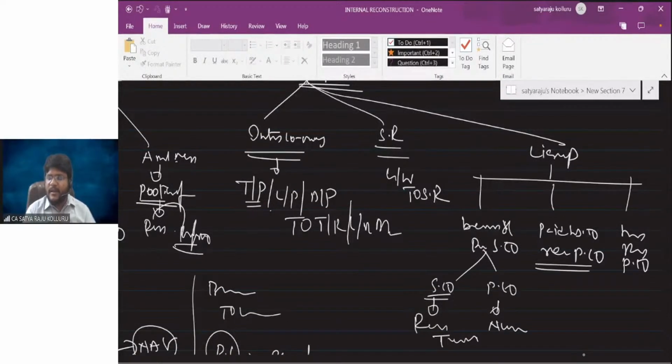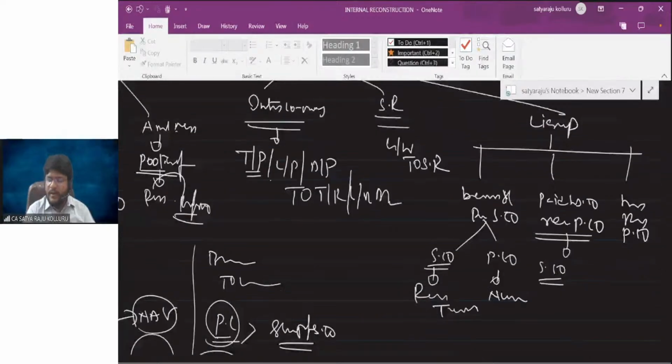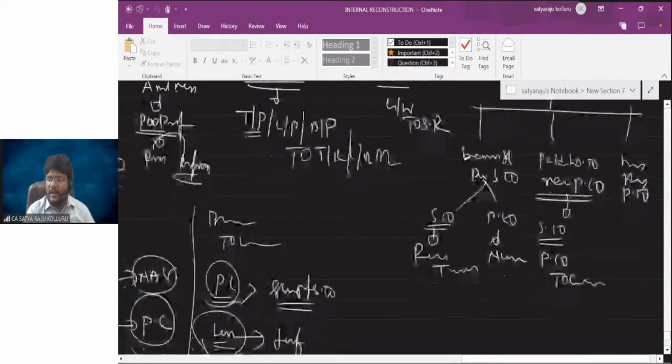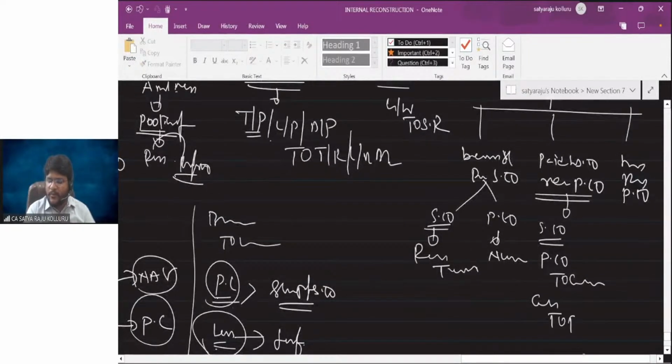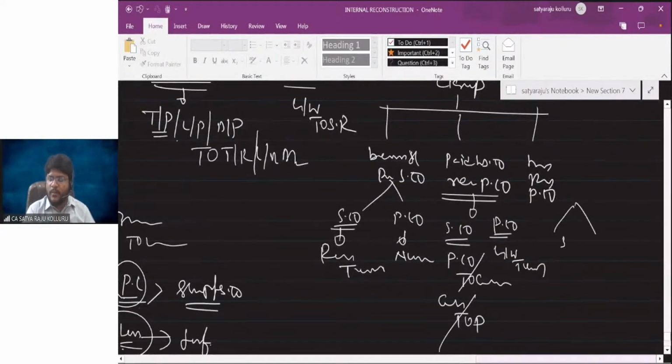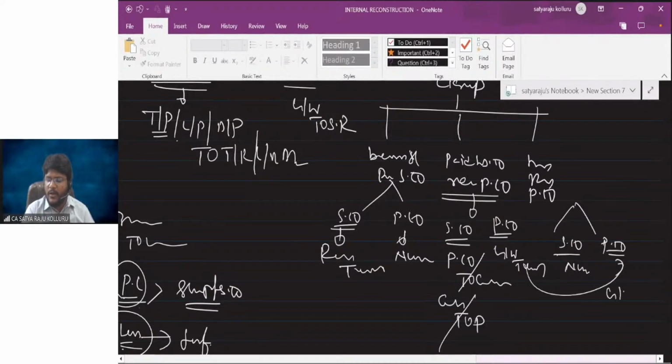Sir, paid by the selling company and reimbursed by the purchasing company means in the books of the selling company, first it will expect money from the purchasing company, that is, purchasing company to cash. Later at the time of receipt, cash to purchasing company. That's why both nullify each other, no need to write. Then in the books of the purchasing company, the entry is goodwill to cash. Next, paid and borne by the purchasing company. In the books of the selling company, no entry because it is not relevant for the selling company. All the amount is paid by the purchasing company. Then in the books of the purchasing company, the same entry continues, goodwill to cash. This also I explained.